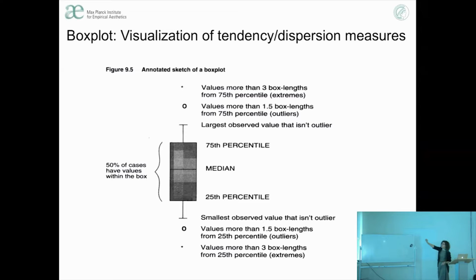Then you also see these little stars and little circles, and those indicate your outliers or your extreme values. So imagine, for example, that you conduct an experiment with a group of students that you are currently teaching, and you're making a box plot of their age range, just to see what their age is. The median will probably lie around 21 if you're teaching a bachelor's course. Then the square around the median will indicate that 50% of your sample will be students ranging from 20 to 22 years old. Then there are some students that are a little younger, a little older than the average students, so they would fall in the 25th and the 75th percentile, so the 19-year-olds, 23-year-olds. But there's a few of them